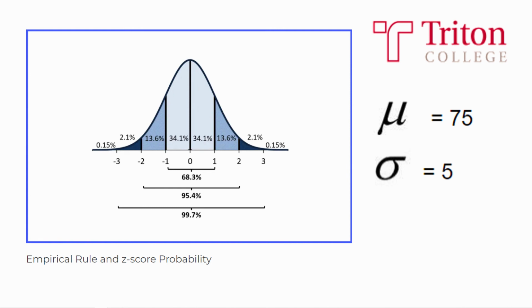So we basically say that 34.1% of our observations are going to be either at our mean or one standard deviation below or above, right? 13.6% of our observations are going to be between one standard deviation and two standard deviations